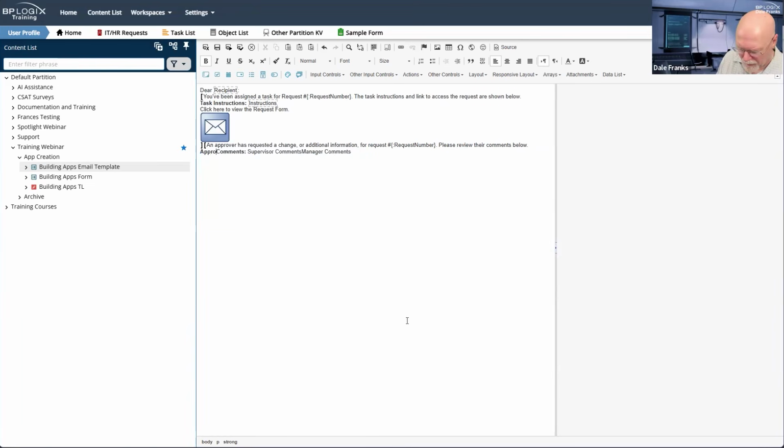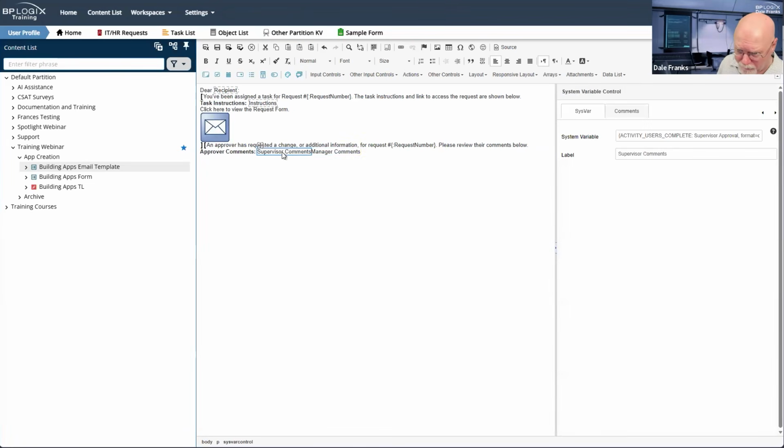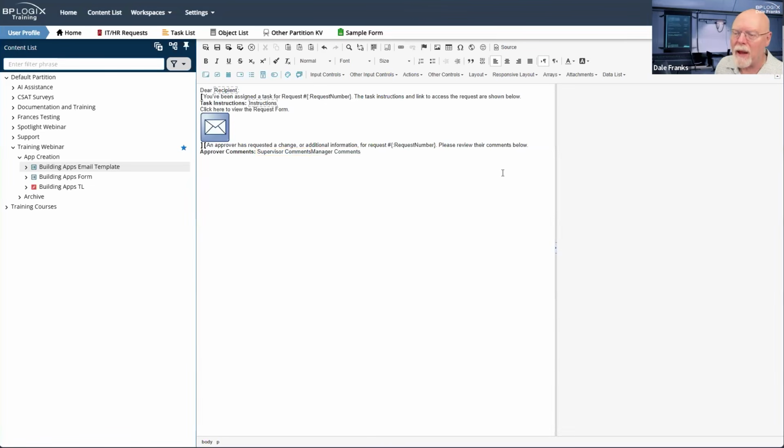So I can go with approver comments, and I think that gets me where I want to go. Only one of these should ever have content, and so I should only see one message at a time. So I think I'm fine. Now, as always, I probably want to just copy these two lines up here and paste them down here so that you get the task instructions and the click here to view the request form. And then I'm going to drop in